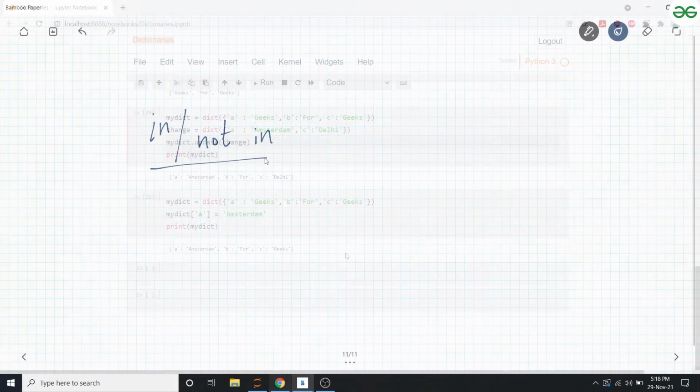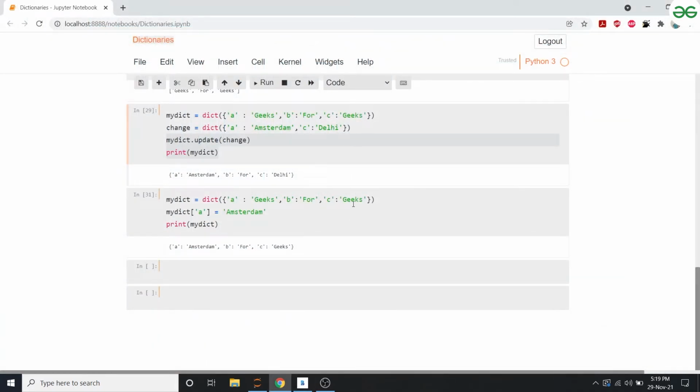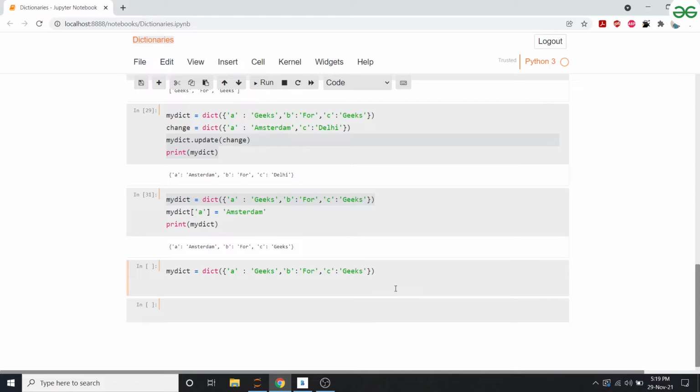Okay, so let's say you want to check if a particular key exists in the dictionary or not. Let's say this is the same dictionary from above, and I want to check if the key A is present in my dict or not. So I'll just print the response. Is A present or not? True. Yes, we know it's present. We can see it right here. So A in my dict gives a Boolean value. A in my dict, true.